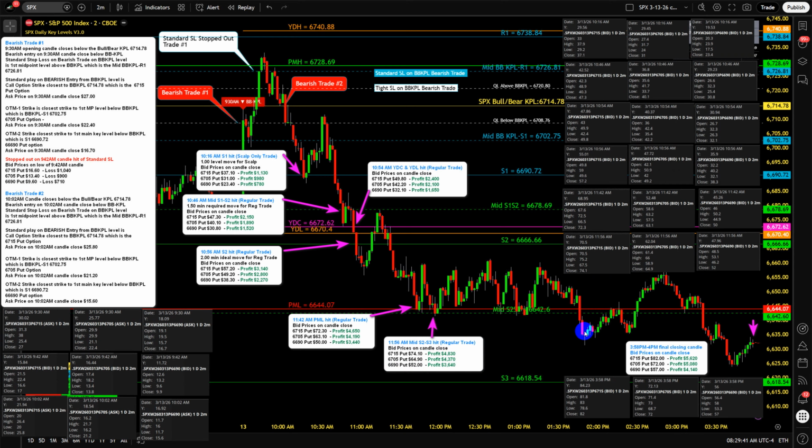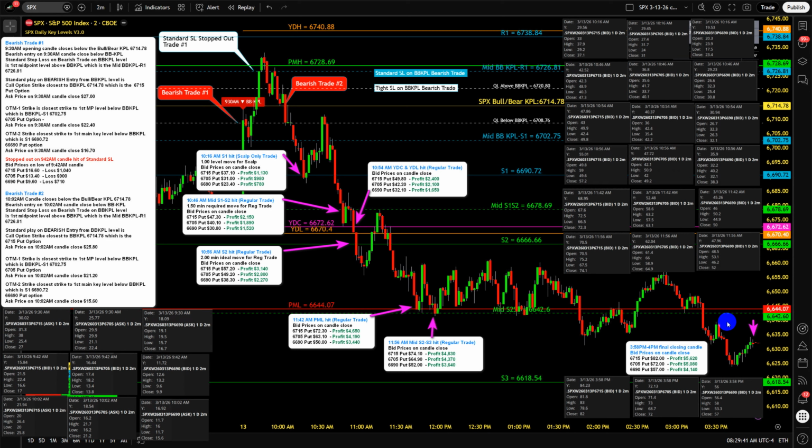66.90 now $52, profit $3,640 per option. Now, if holding any remaining runners to the end of the session, which is one thing you can do with SPX options because they differ from SPY options in the fact that if you hold them through the close, then you're just paid the difference between the strike price of your option and what the closing final settlement price is, which is typically going to be the same as the 3:58 to 4 p.m. candle